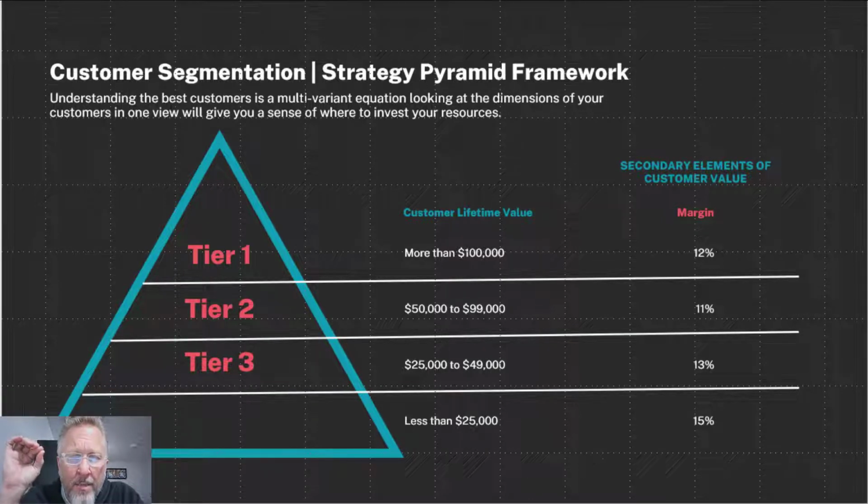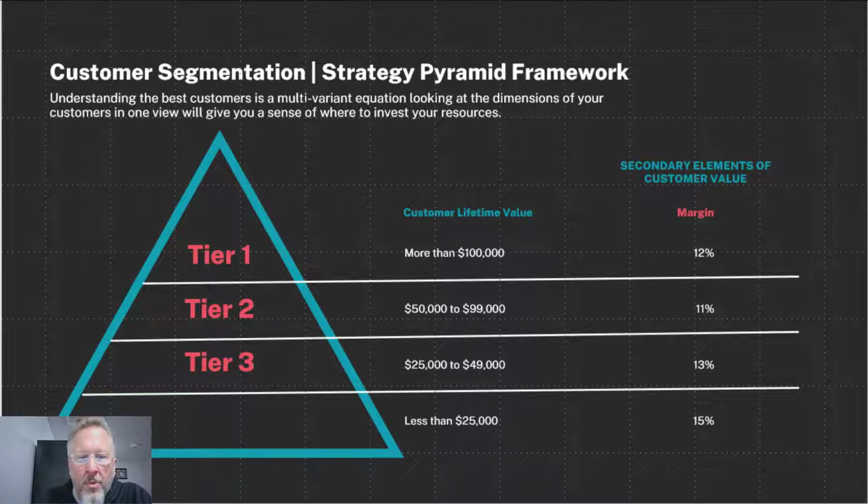So customer segmentation, I want you to build a pyramid. Yes, I know pyramid schemes are bad. Okay, we're in business. If you are a one-person business, then you have a very tiny little triangle and your pyramid's really small. But if you have employees, it's still going to be one you that started a business. If you work for somebody in the sales world, there's still only one person at the top. And then there's going to be a bunch of people to help fulfill all of the products that you're selling. So that means all business is in a pyramid shape. So let's get past that one.